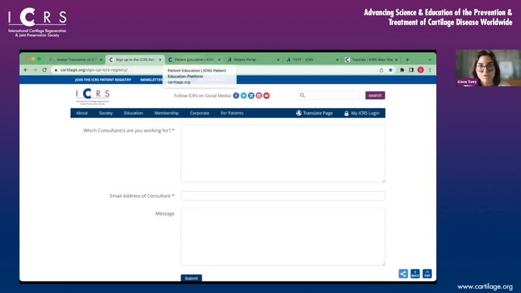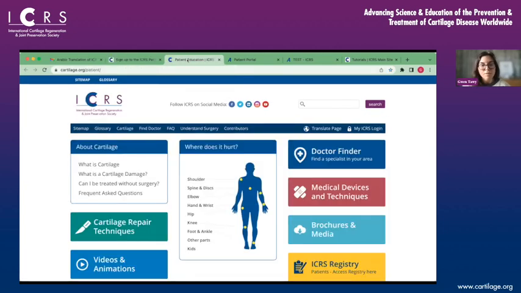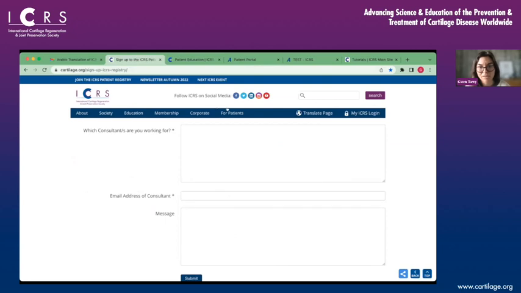So it's very straightforward to sign up. For the patients, again, it's quite straightforward. There's two ways that the patients can log into their portal. The first is via the ICRS website. There's a tab in the main website, if I go back here, for patients, and that'll land on this